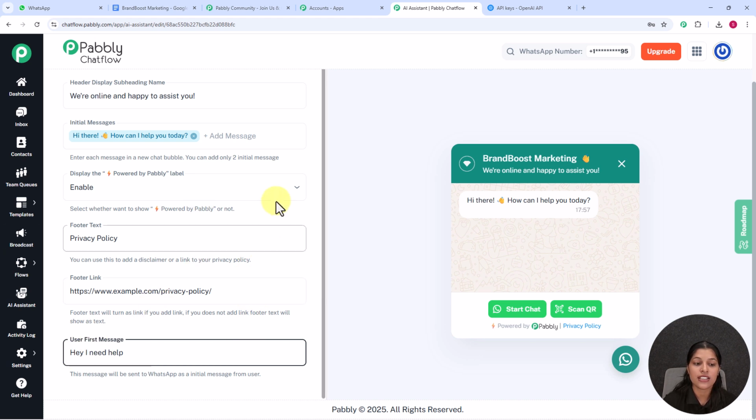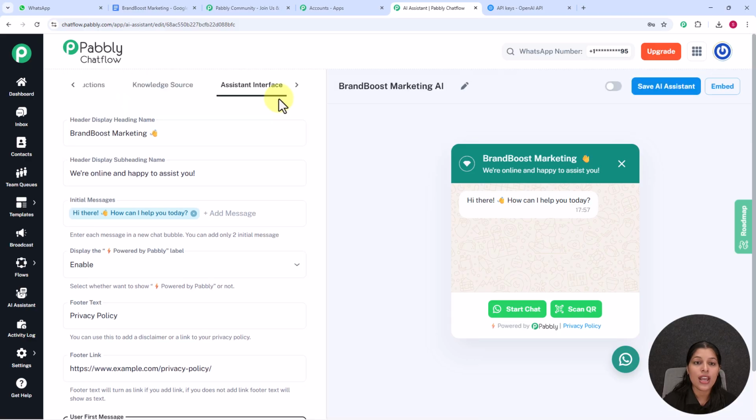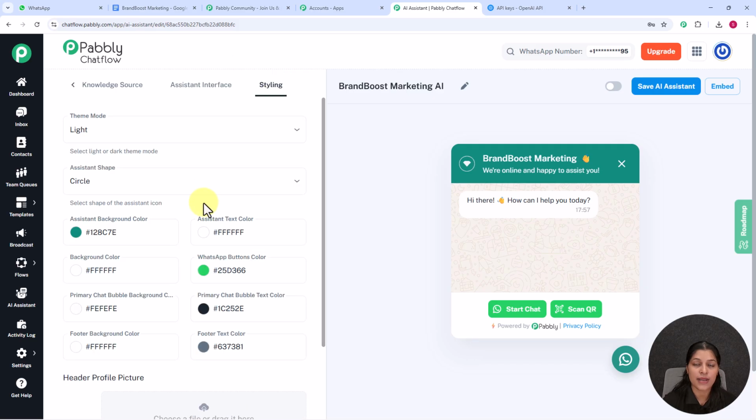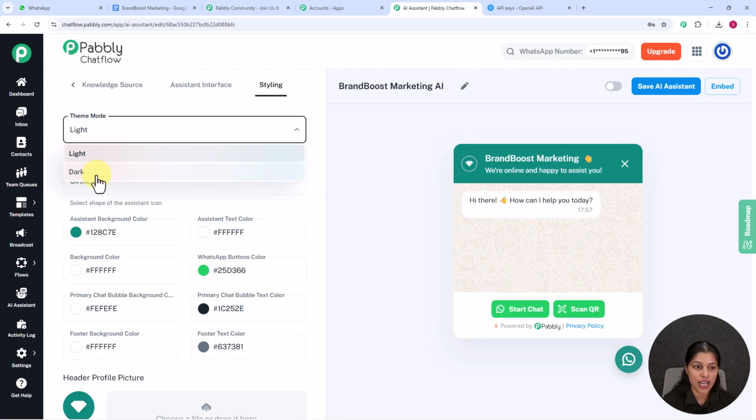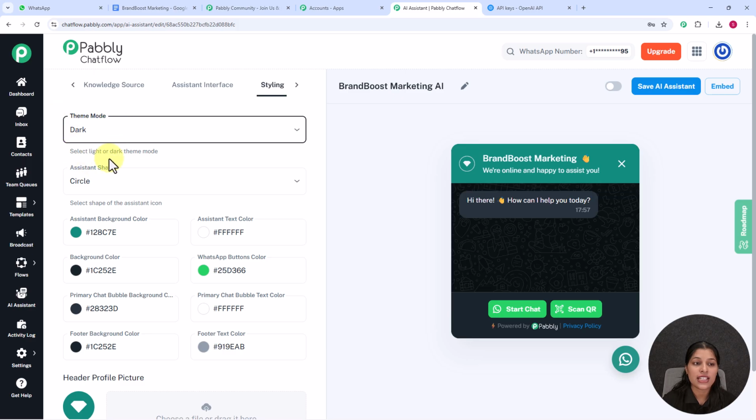So here we are done with the user's first message also. Now let's provide styling to our AI assistant to customize its visual appearance. On the styling section it is asking me to select the theme mode, which is already selected as light. Now let's change it to dark over here, and as I have selected the theme mode as dark, the preview of the chatbot has been changed to dark theme mode, but I am going to keep it as light